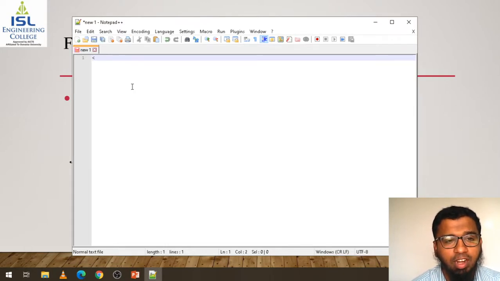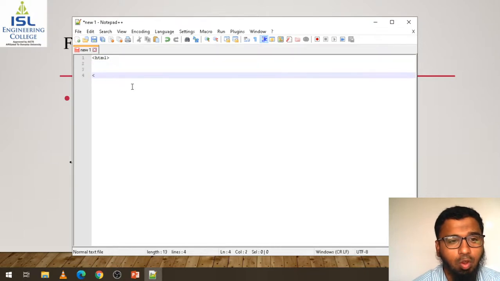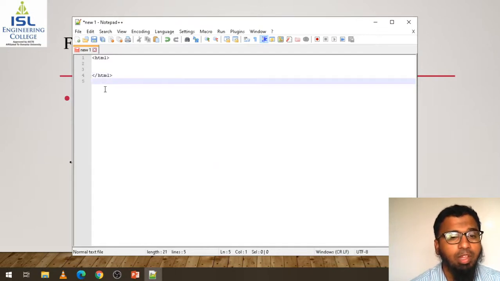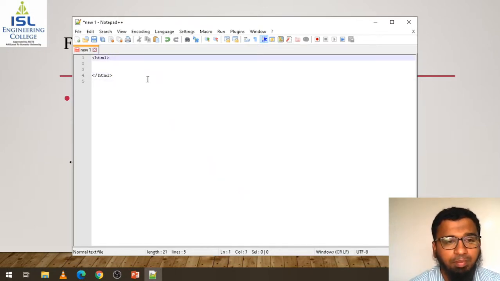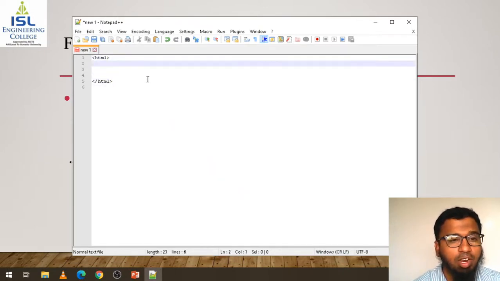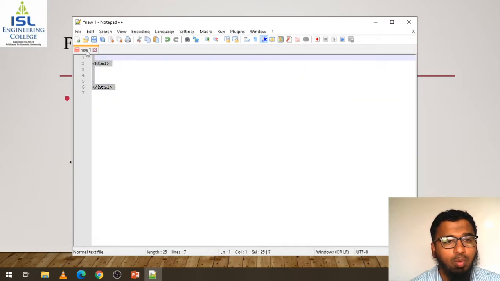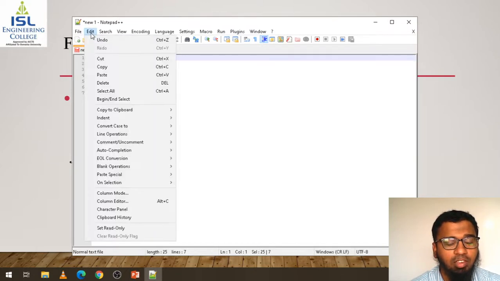Whenever you write code, for example the HTML opening tag, and if I close it with /HTML, can you see it gives you the closing tag by default. That is one important point. Another important thing: if you are writing the form, I will increase the font size.